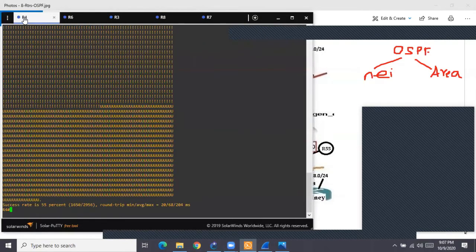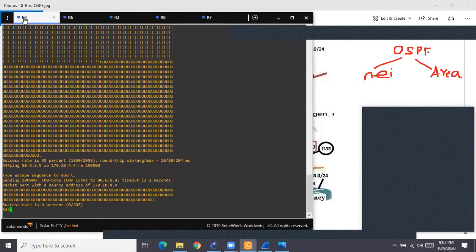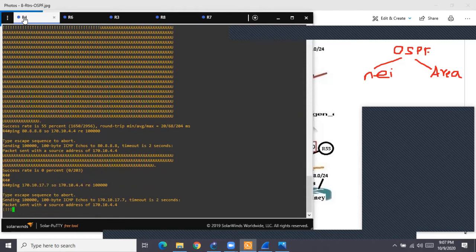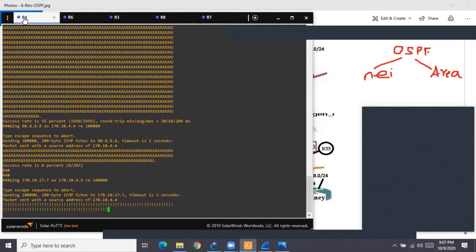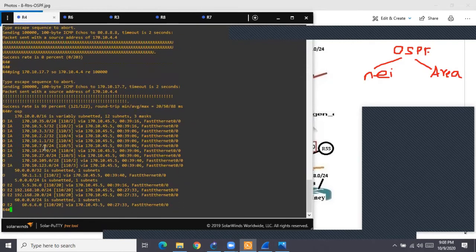If you see right now, is R4 able to ping R8? No, it won't ping R8 because I have not configured that redistribution yet. But let us ping some other place. Can R4 ping R7, at least up to R7? Can R4 reach R7 because R7 is part of OSPF? And you see this communication is still happening. Why is it happening? Because R4 has all the routes in its routing table via OSPF. It has R1's route, R2, R7, everybody's route is there in its routing table.